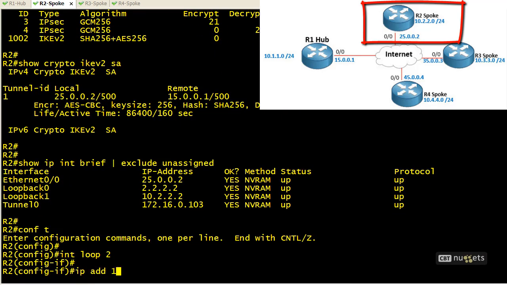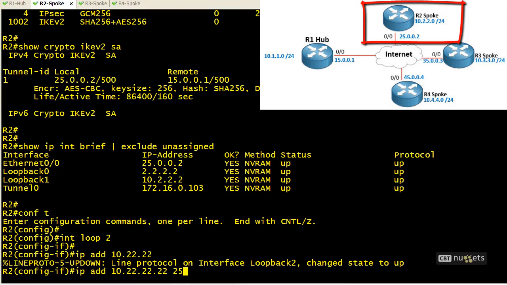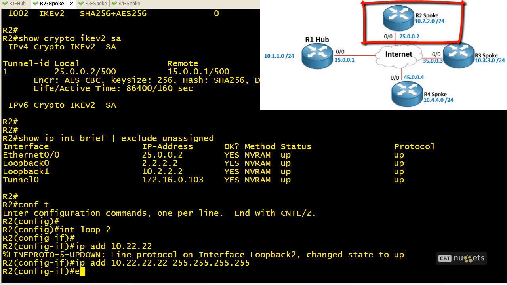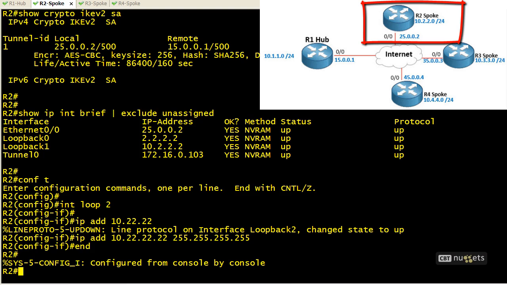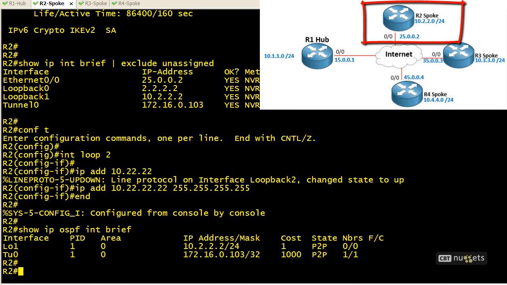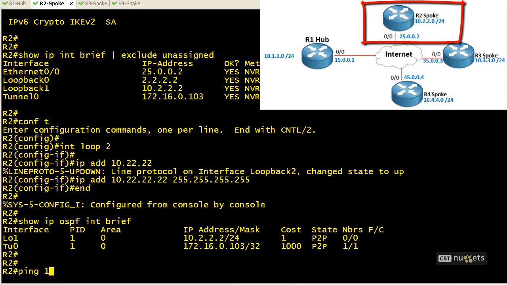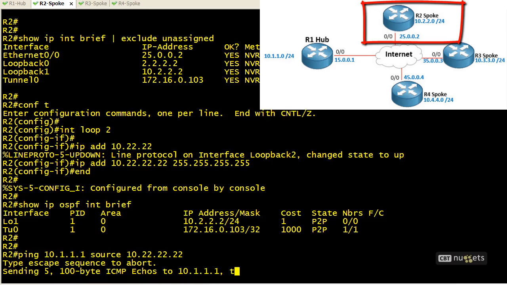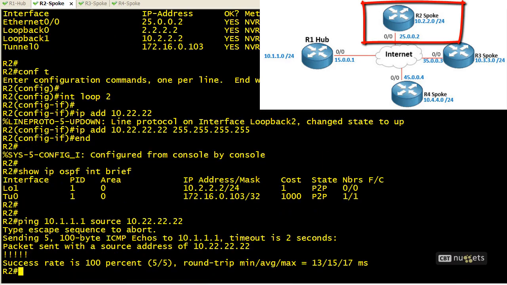We'll create one, and we'll give it the IP address of 10.22.22.22 with a 32-bit mask. Now, just to verify that this network is not being advertised inside of OSPF at all, we can do a show IP OSPF interface brief just to confirm that loopback number 2 is not inside OSPF, not participating. And now if we ping from R2 to 10.1.1, which is an internal network to R1, and we source it from 10.22.22.22 because R1 has learned about the route to 10.22.22 from us pushing it up to him. Because he has the route, R1 does, he can reply back to the